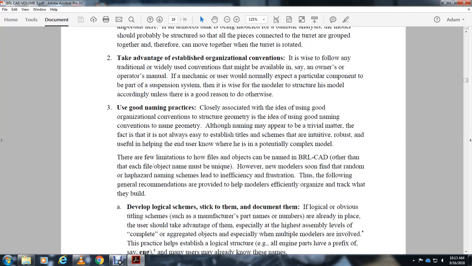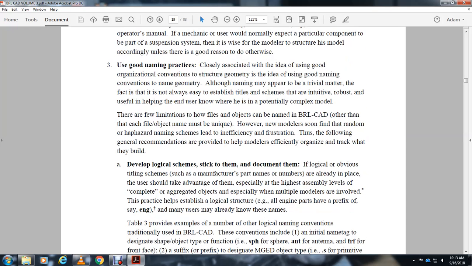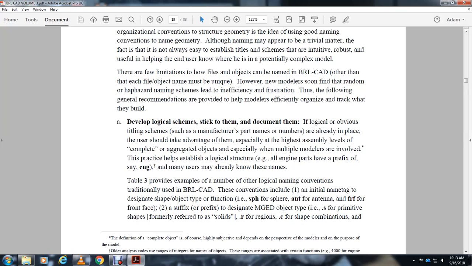However, new modelers soon find that random, haphazard naming schemes lead to inefficiency and frustration. The following general recommendations help modelers effectively organize and track their development. Develop logical naming schemes, stick to them, and document them. If the logic is obvious, like a tiling scheme, use manufacturer part names or numbers that are already in play, especially at the highly assembled level of the complete aggregated object, especially when multiple modelers are involved. This practice helps establish the logic or structure of the model, for example, an engine part with a prefix to save the engine,